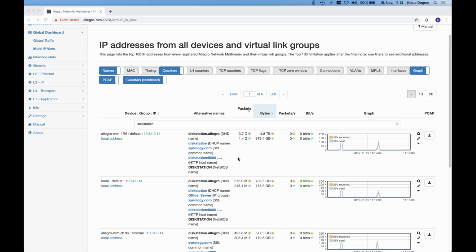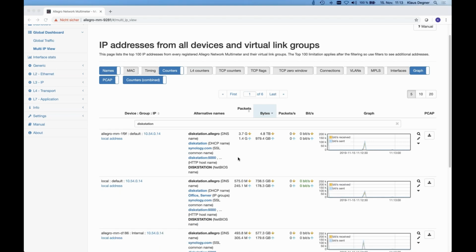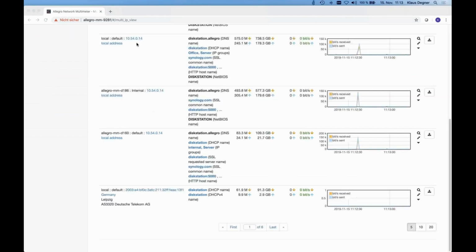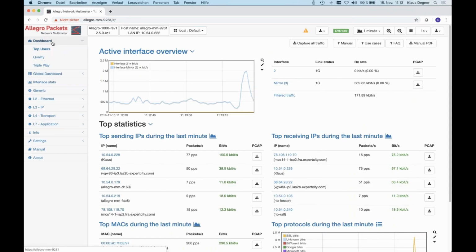Number 3, that was a big request from some providers who asked us if we can do something with the initial login screen, but also with the transfer of the data. Is there any way to reduce the view of the web interface to reduce the amount of data which is transferred second by second? Because we transfer all these graphs in real time, and of course, that's a lot of data. So we found a very efficient way to do a transparent compression of this data, and we reduced it roughly by a factor of 5 with release 2.5.